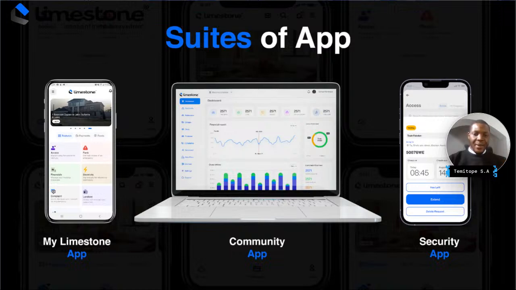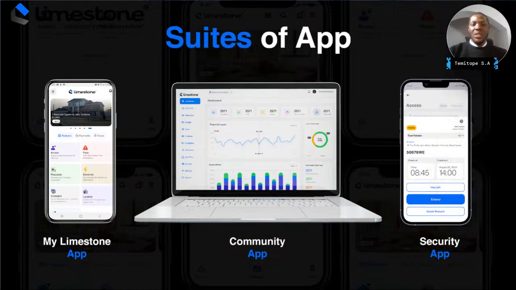We have the facility managers. In some cases, they are referred to as estate managers. In some cases, they are referred to as relationship managers. The community portal is a web-based application that is specifically built for the management or administration of estates. So as a facility manager, once you come on board on Limestone, you have access to a good number of features that can help you manage your estates. These features include